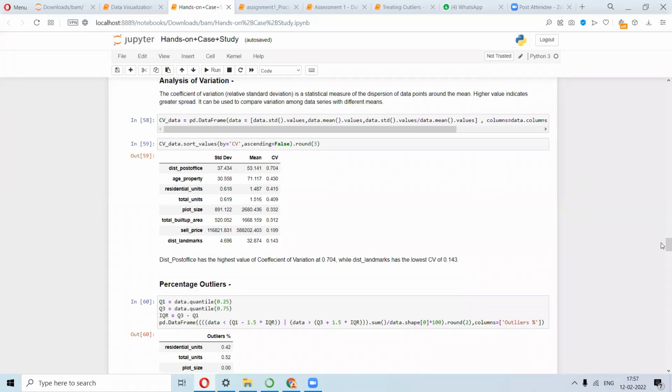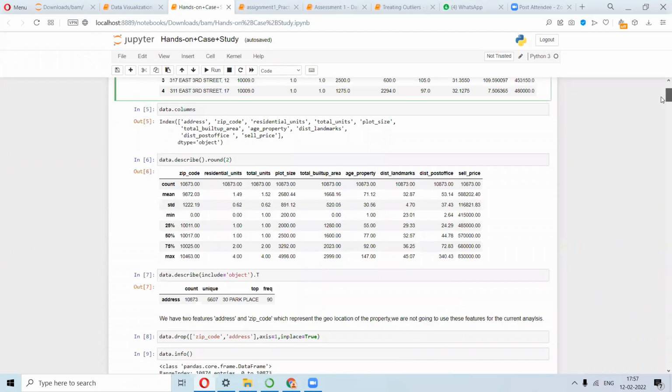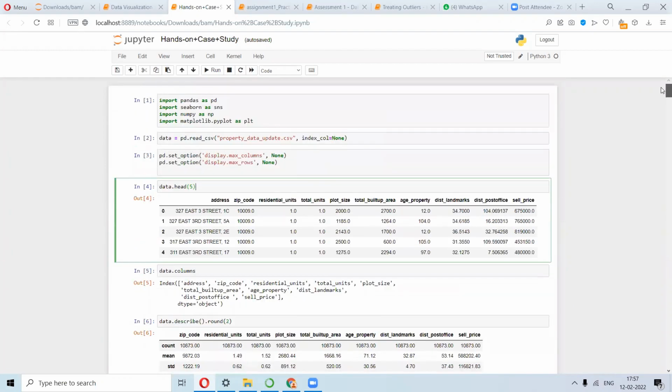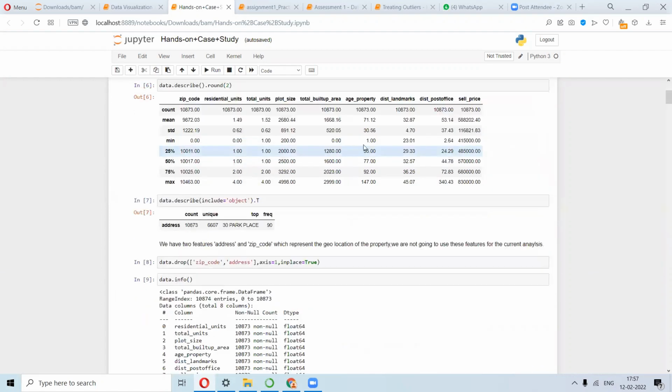Yes. Okay, Pratik, continue. The thing I wanted to tell here is that the purpose of this study is that we are trying to build a model on the pricing: how do we price different localities on the basis of all these features that we have. We are trying to predict the price of a certain property on the basis of the zip code, the residential unit, total unit, and all these features. That's why we are getting into the correlation, and then we are trying to regress the pricing on the basis of the other features that we have.